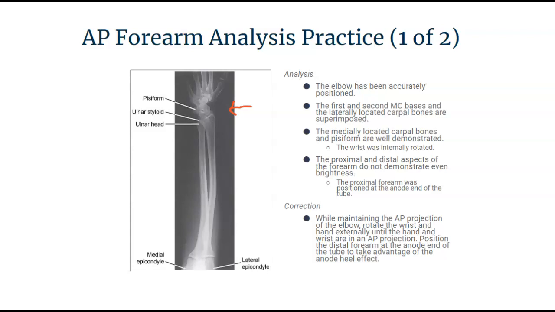Also, the pisiform is starting to be well demonstrated and in profile. So this should tell you that you're starting to internally rotate too much. In order to correct this, we need to get that hand and that distal wrist and forearm in a true AP projection, aligning the anatomy parallel with the IR